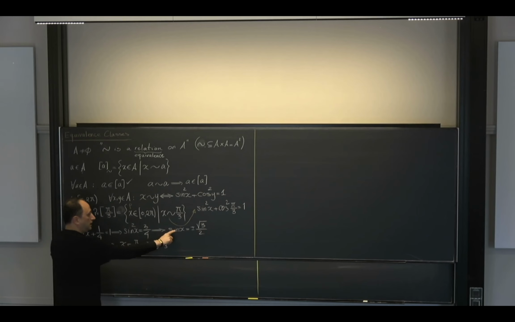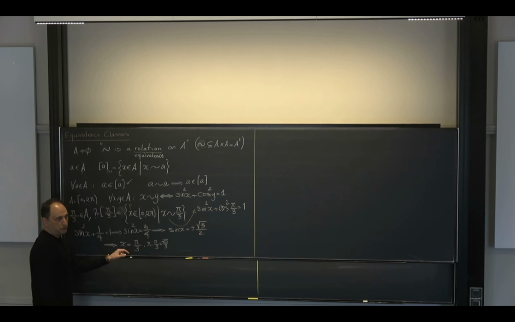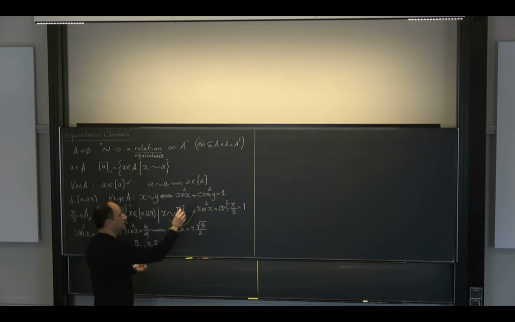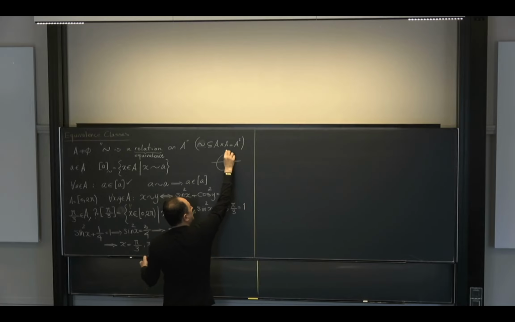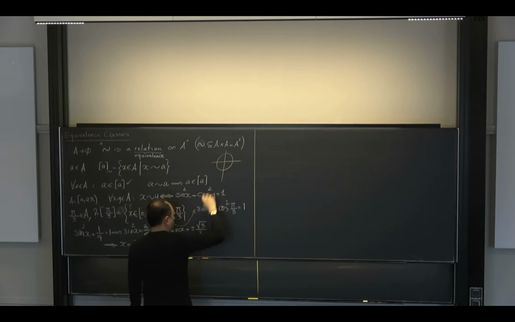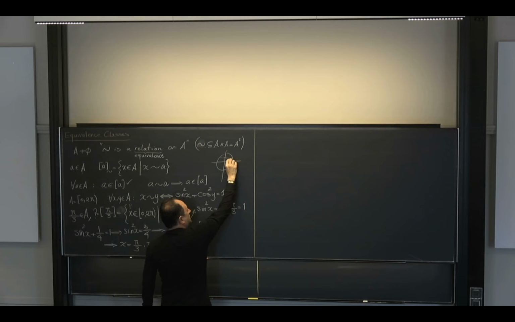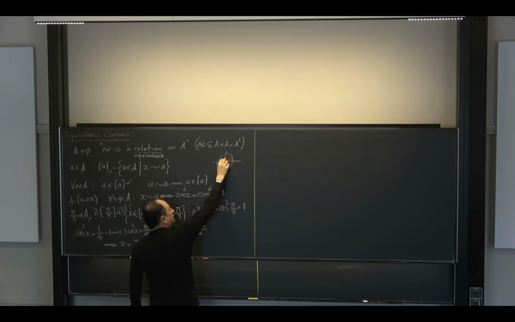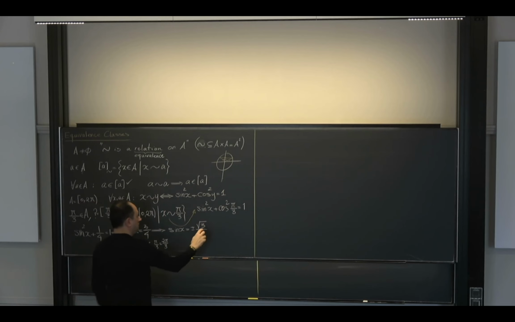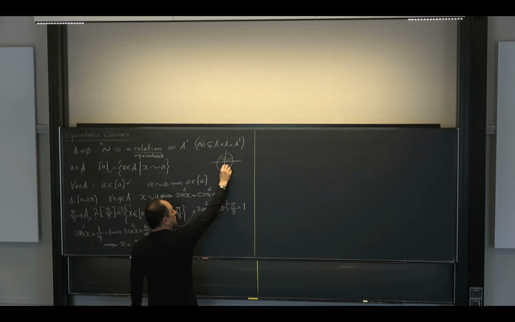These two are for sine x equal to plus square root of 3 over 2. But there is another possibility, that sine x can be minus the square root of 3 over 2. So there will be two more angles. Do you remember that from trigonometry? If this is the unit circle, let us say that this height is the square root of 3 over 2. So I will have one angle here, one angle there. One of them is 60, the other one is 120. These are these two. But for minus the square root of 3 over 2, I have to consider this angle,